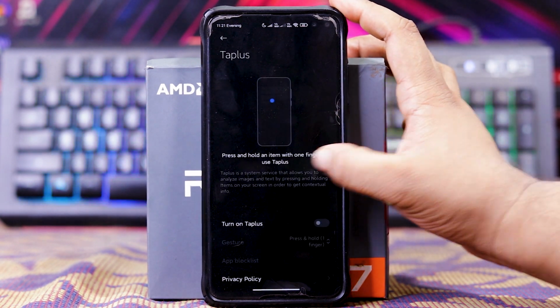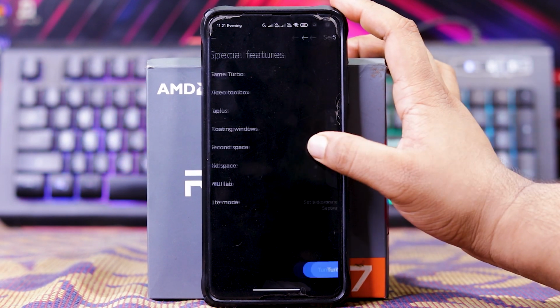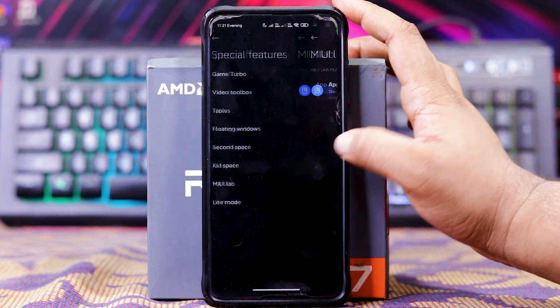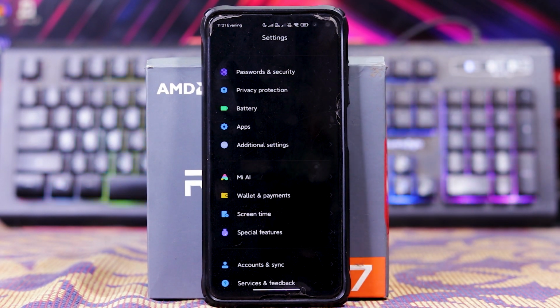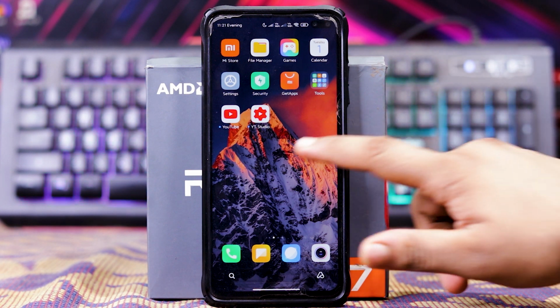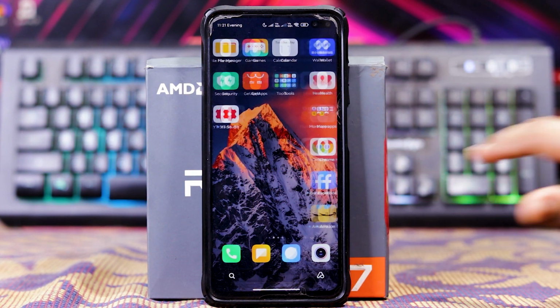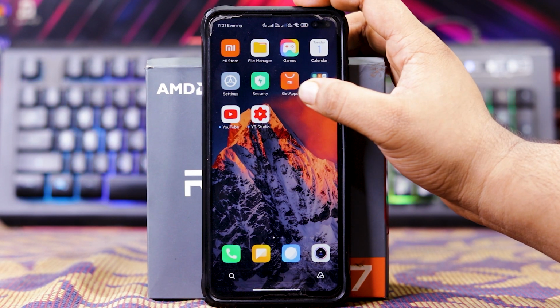And you get tab plus, floating windows, second space, kid space, MIUI lab and light mode. As you can see, there are tons of features. If you are wondering how I got the YouTube, that is because I have Play Store. As you can see, if you don't know how to get Play Store, just install the ROM and open the